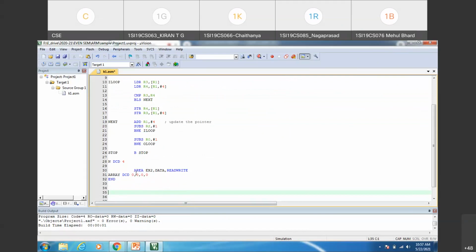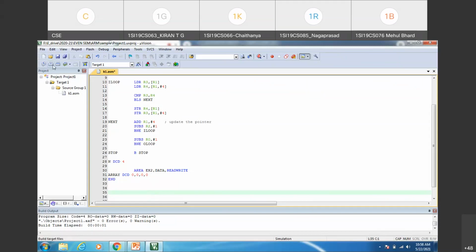And don't initialize the data segment here, that is, the array with the elements in the code, since once you go to the execution mode, the complete RAM memory will be cleared to 0. So what you need to do is go to the execution mode, and before accessing the array elements, once you get the base address in the R0 register, or before that also, during execution time, go to the location where the array memory is. You need to open the memory window, go to that specific address, and edit the memory locations. This is what you have to do for giving the initial values for the array.